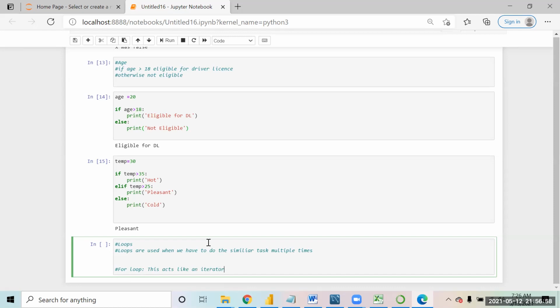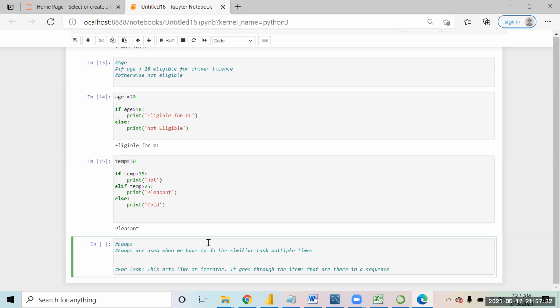What we do in this case is specify how many times a loop has to run, that is, how many times a particular action has to be done. It goes through the items that are there in a sequence.